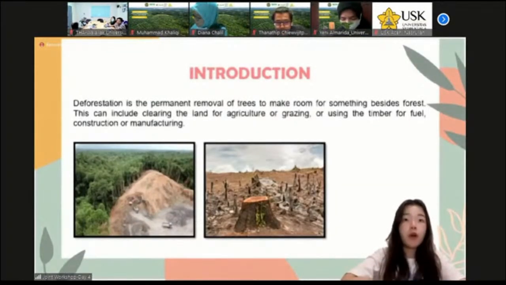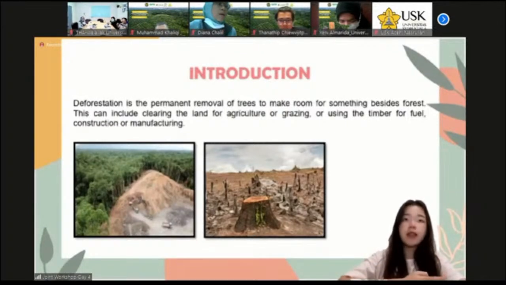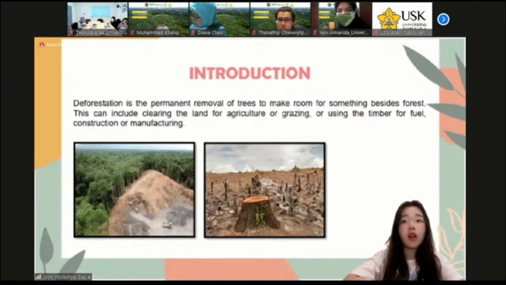Deforestation is the permanent removal of trees to make room for something besides forests. This can include clearing the land for agriculture or grazing, or using timber for fuel, construction, or manufacturing. Forests cover more than 30% of the Earth's land surface. According to the World Wildlife Fund, this forest area can provide food, medicine, and fuel to more than a billion